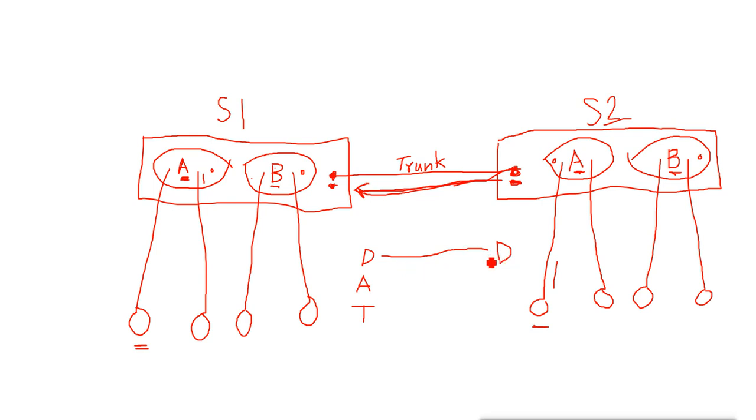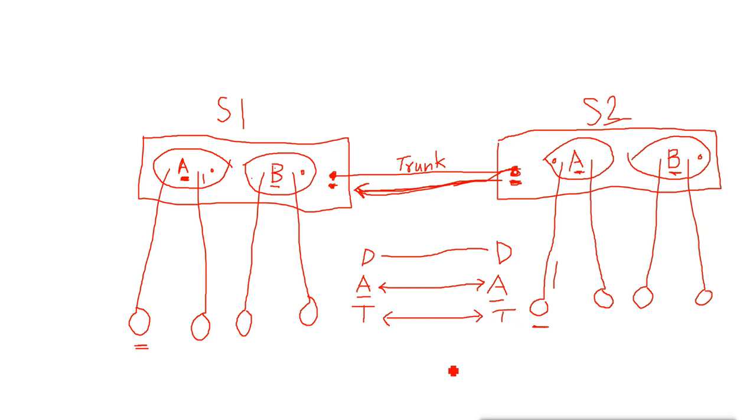Now if both sides are in auto, then what will they do? They will do trunk. They will configure themselves as a trunk. Why? Because this port is also desirable and also sending the request to the other side that I want to do trunk with you. And this side also wants to be trunk and is sending the request. So when they get the request from each other, they will create trunk. And when we configure them manually or permanently trunk, they will do the trunk.